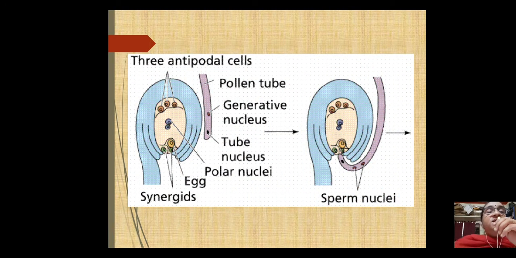See how the pollen tube is entering. After pollination, the pollen grains are released and fall on the stigma. Now the pollen tube has to grow. The pollen tube grows like this, carrying 2 male gametes. From the 2 male gametes entering here, in the second diagram you can see one male gamete fuses with the egg and the other male gamete fuses with the central cell.